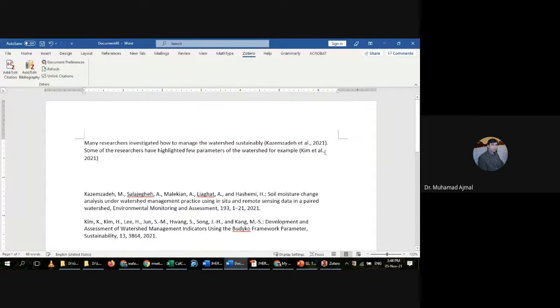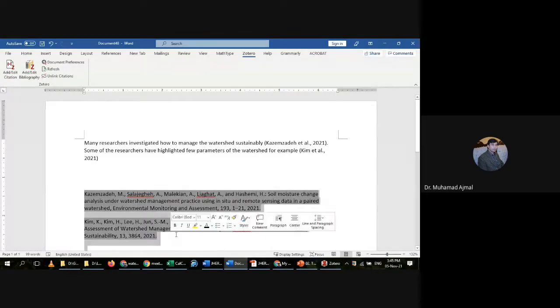Now see, the second citation is added and automatically the list of references is developing. Next time you don't need to add the bibliography. For the first time you have added, and with this new citation, it has added the second complete reference. Like a third one,